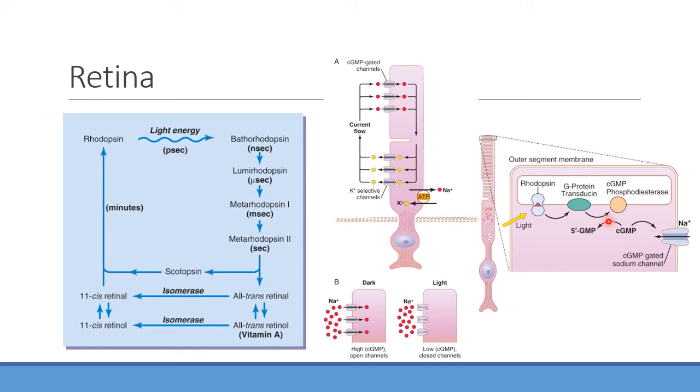But the main thing to note here is that light is going to cause these sodium channels to close. And what do you think it's going to do to the electric potential of the cell? Less positive flowing in, so it's going to become more negative. Yeah, so now it's going to get more electronegative. It's going to hyperpolarize. Normally when we want cells to be stimulated, we want depolarization, right? This is the opposite. We're actually going to have hyperpolarization of these cells. And that's eventually going to allow for communication with those other cells we mentioned, the bipolar cells, and then eventually the ganglion cells. I'll show you more detail on that in a second. But just know when you have light, the sodium channels close, and those cells tend to hyperpolarize, getting more negative than they were normally.